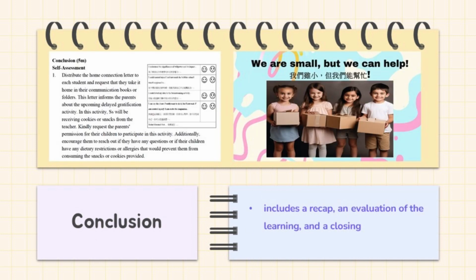Towards the end of the lesson, 3 components can be included: a recap, an evaluation of the learning, and a closing. The recap summarizes the key points of the lesson, reinforcing students' retention before they leave the classroom. Evaluation can be conducted through teacher feedback, peer reviews, and self-evaluation, helping learners reflect on their learning progress and develop greater awareness. The closing part can also be used to assign homework or serve as a smooth transition to the